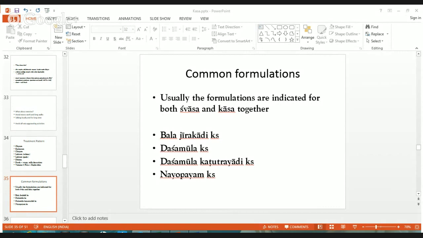Then we can see the different Ghrita formulations. Amrita Prasha Ghritam, which is one of the most common preparations given for strengthening the system. All the different Ghritas can be prescribed, and the Rasayanas are usually given when there is sufficient agni deepana property. There should be some agni deepana, or we have to complement the preparation with agni deepana. One of the Ghritas which I would like to bring your attention to is Rasna Dashamula Ghritam. As an example, I just want to discuss this, where this is a very, very important preparation in terms of kasa. If, for example, the kasa is found in a patient with post-stroke recovery kind of pathology, then